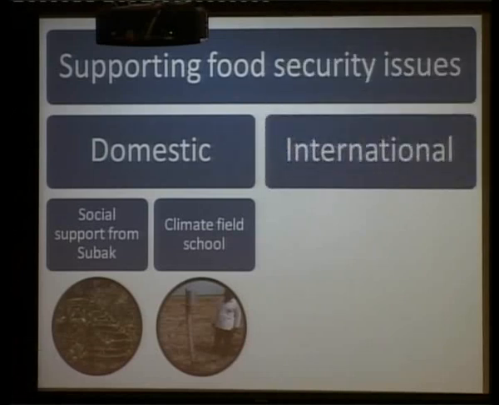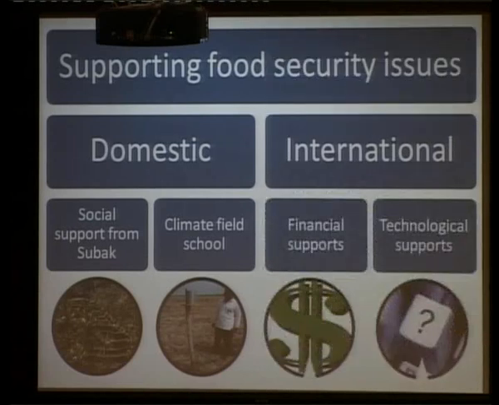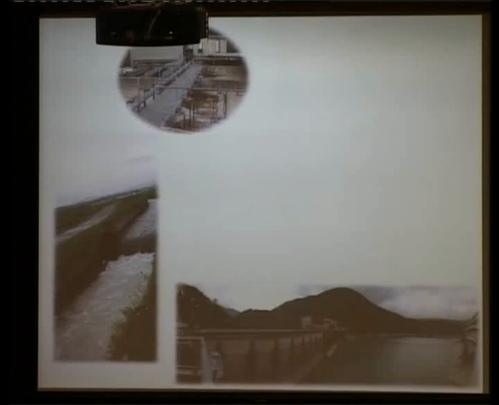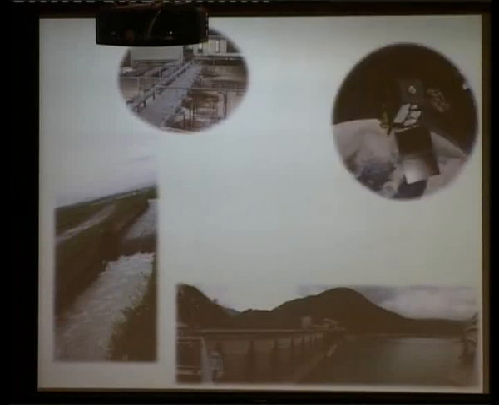But if there is not enough, then international cooperation agencies like JICA or USAID come in. Then there are two kinds of support they can give. One is financial, another is technical support. And technical support, what's that? For example, in Japan, they are good at making dams, irrigation systems, sewage, early warning systems, and farmers group social networks. I mean, the Japanese agricultural cooperative is the largest in the world anyway.